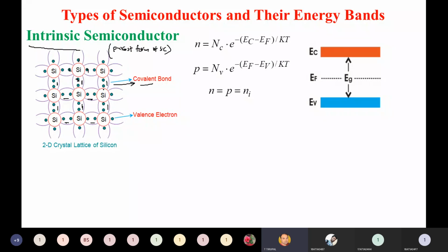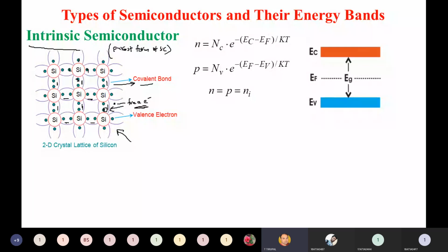Suppose you want to achieve a free electron here. How much energy do you need to apply? A lot of energy. If you apply a lot of energy, the electron present in this bond will break and become a free electron, leaving a hole here, and this electron comes outside. That free electron tends to flow electricity. As I told you in the first class, this is how current flows in semiconductors. That free electron will flow from one point to another and create a current.